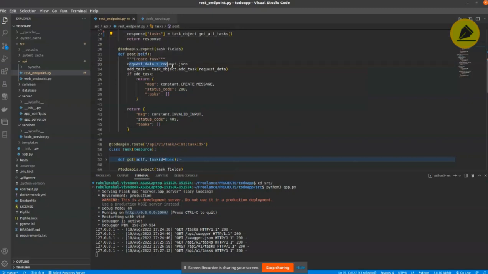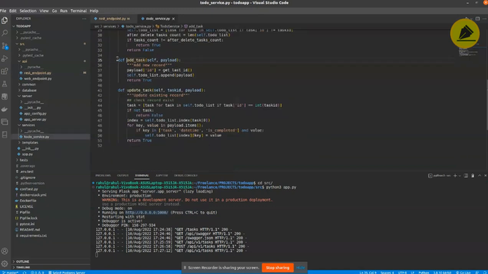First, it is getting all the request data that is coming inside the request payload as a JSON object. Then I'm passing that request data inside the add task function that is written inside the service file. Here, I'm getting the new ID of the record that we need to add. As of now, we initialized this application with 5 records, so that's why it returns the ID as 6, and I'm adding this payload with ID as 6 and inserting that inside the database. This is how it actually adds a new record.